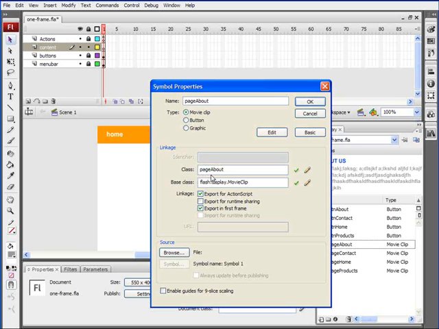We could just change this to About. I'm going to go ahead and leave it at Page About. So again, we're going to check Export for ActionScript, check Export in first frame, and then make sure that you know what this class name is here, because we're going to have to